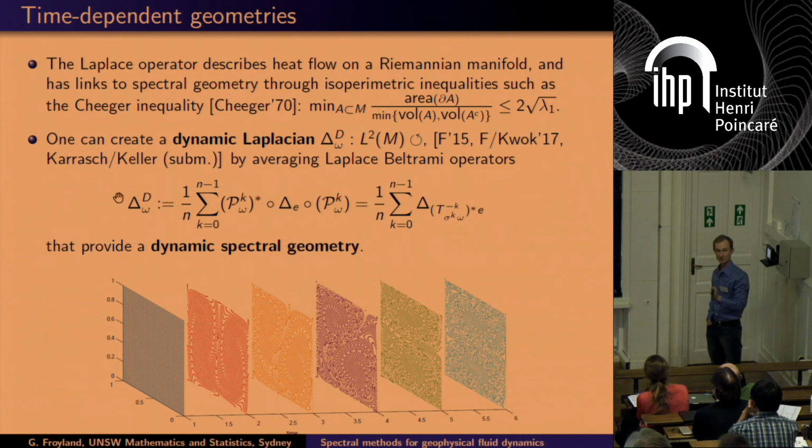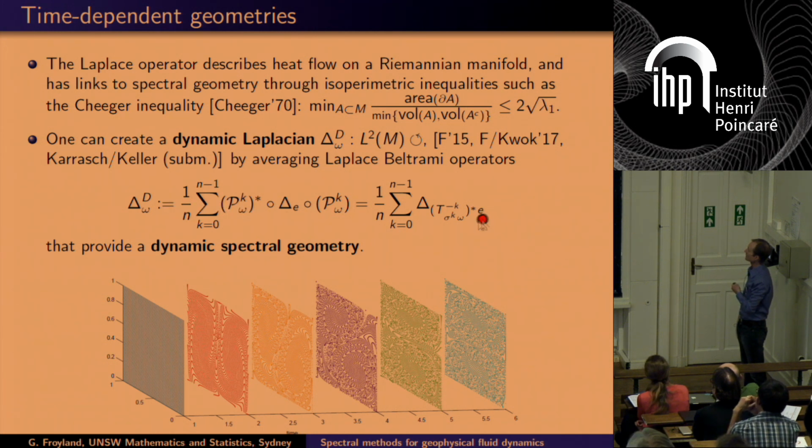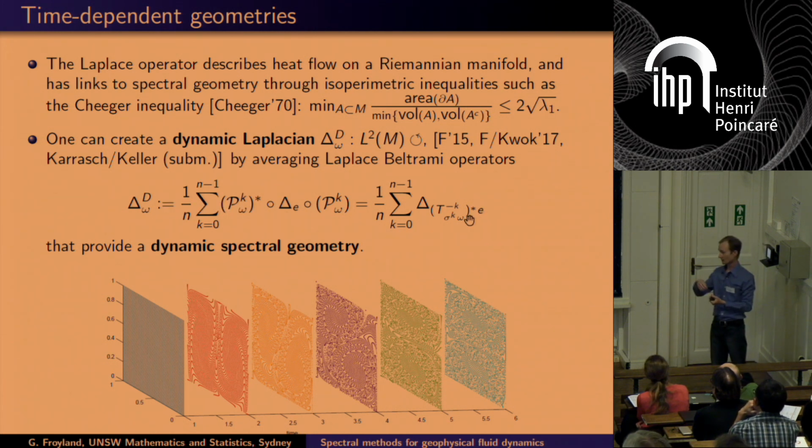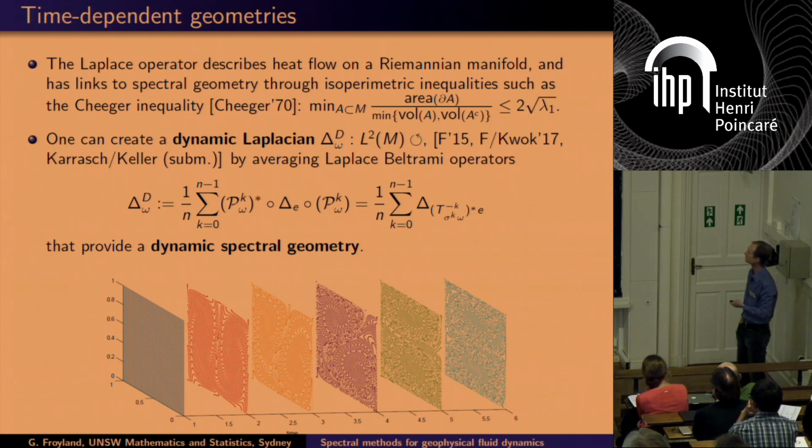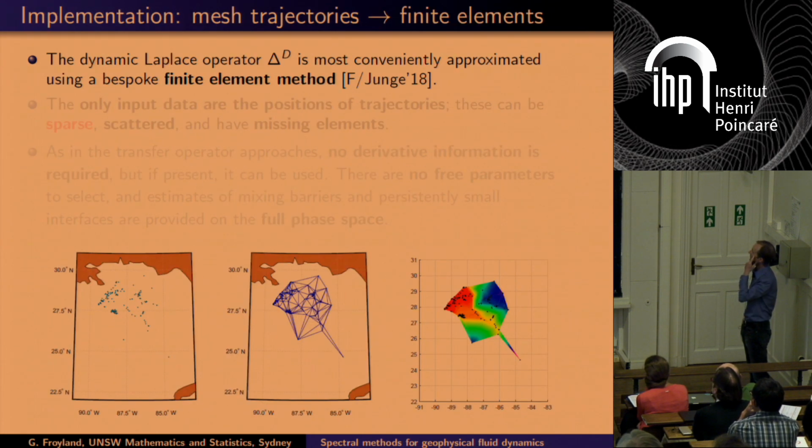It has all the nice spectral properties of the usual Laplace operator. A geometric way of looking at this is you have the Euclidean metric copied into the future, and you pull this back as a pullback metric to the omega fiber, and you average all of those Laplace-Beltrami operators for those pullback metrics. Okay. All right, so with this, we want to find eigenvectors of this in analogy to the static